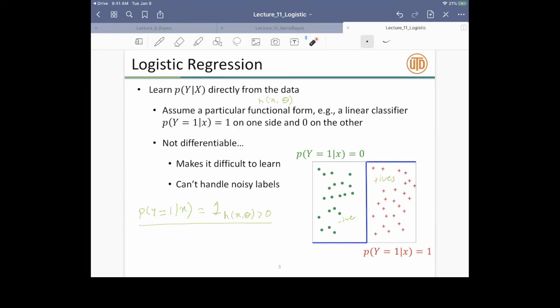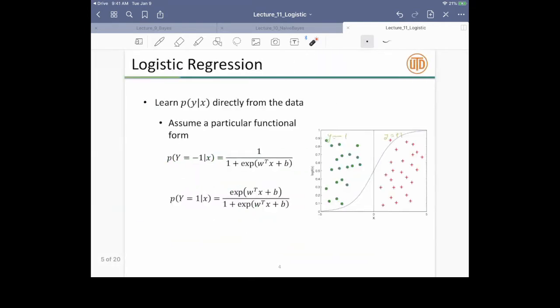In fact, interestingly, it turns out that this is actually connected to the 0-1 loss. But I'll not talk about that right now. It's a little bit more advanced, but you can see that if you try to solve the log likelihood of this kind of distribution, you will end up with something like the 0-1 loss. But let's leave it for now. In some sense, you can think of logistic regression as a continuous version of the 0-1 probability distribution.